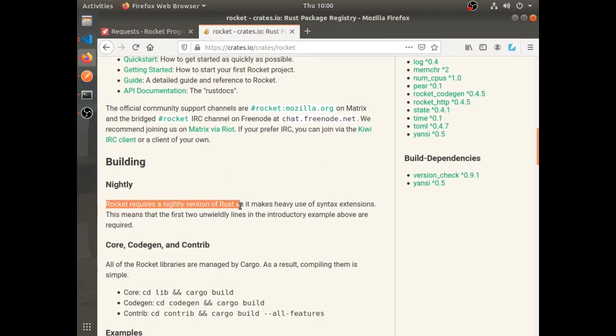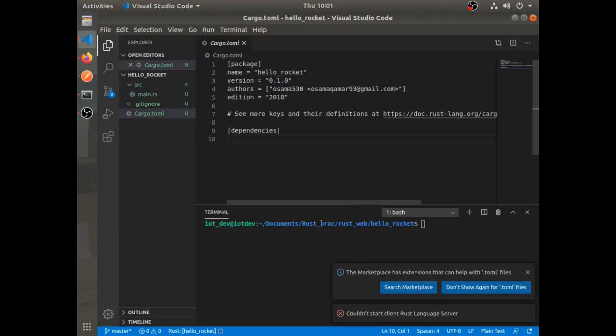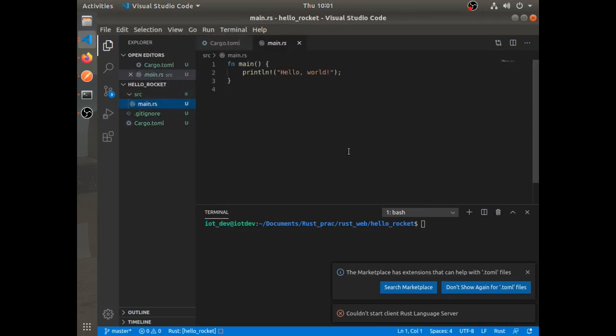Remember to switch to the nightly version, since the Rocket crate works with the nightly version properly. If you don't have it installed, you can install it, and then set it as default using the rustup default nightly command.